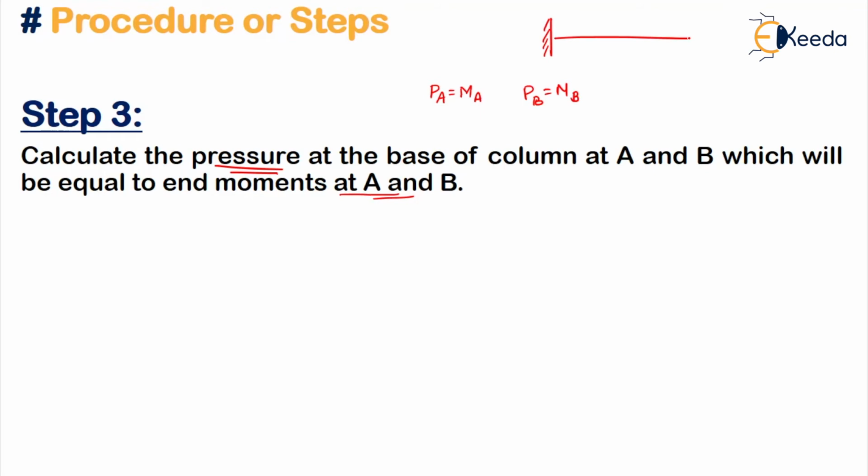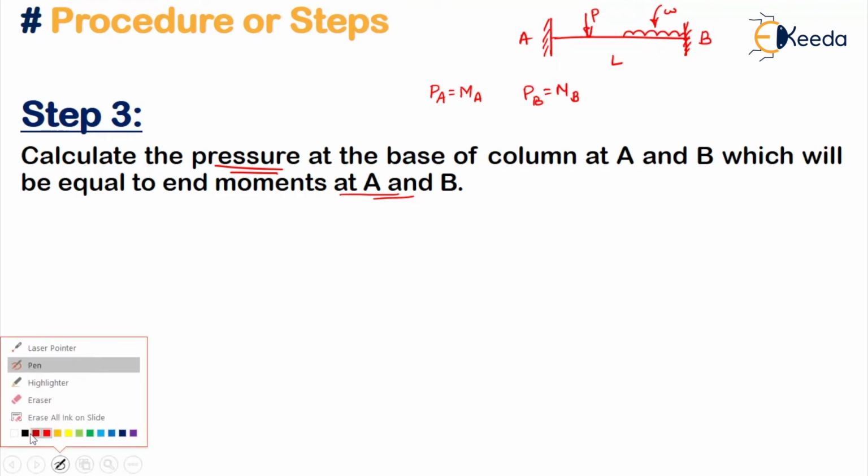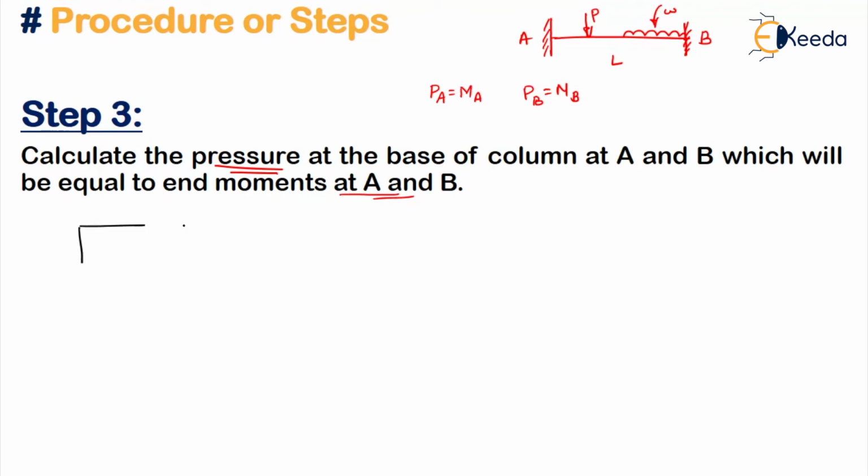So if this is your given beam, this is A. So this is your given B. So pressure at A will give you the moment at A and pressure at B will give you the moment at B. Now for that, what you have to do? Now you already have the top view. You know how it will look. So this is how your top view will look. This is your length L, right? And this is your depth 1 by EI.